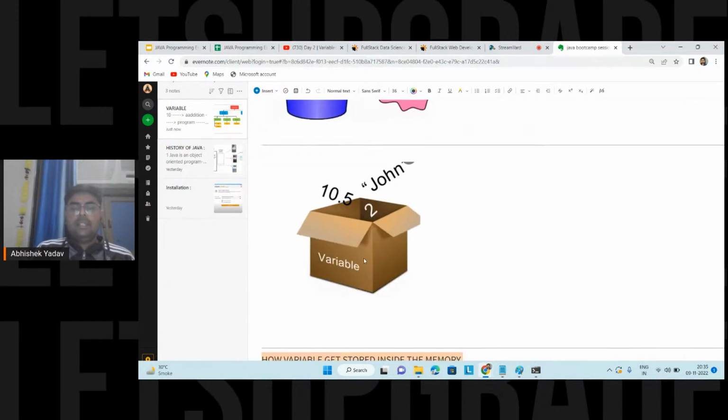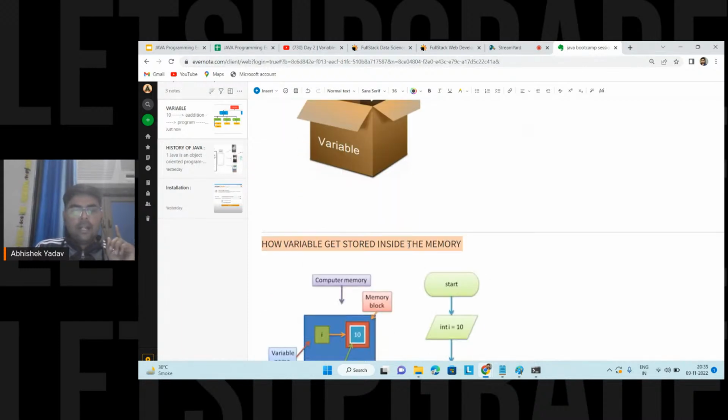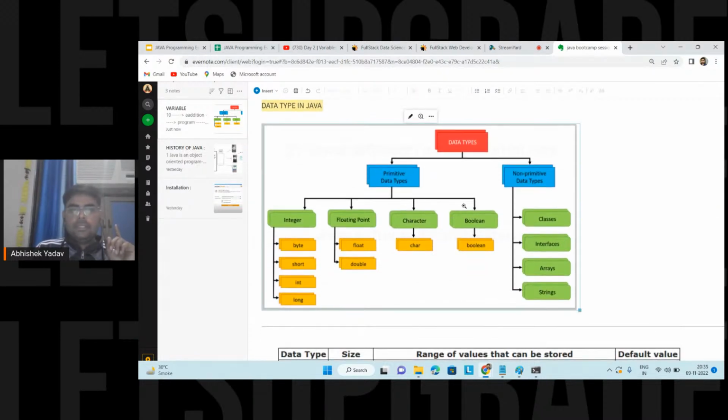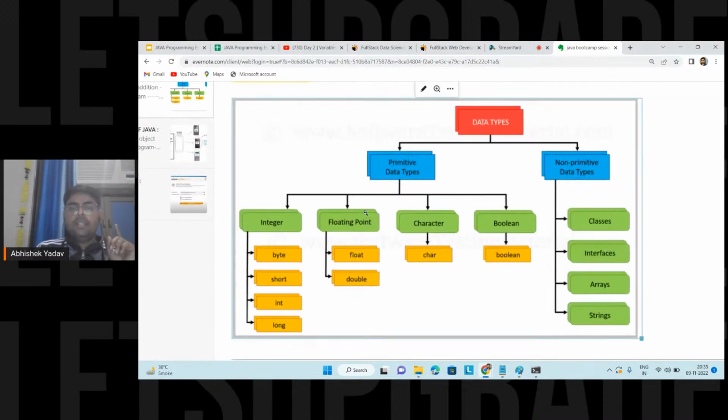First point. And here you can see we can store different types of data, that is decimal data, integer data, string data. Okay, we have discussed this point. And here these are the data types I'm talking about. So here we have two types,